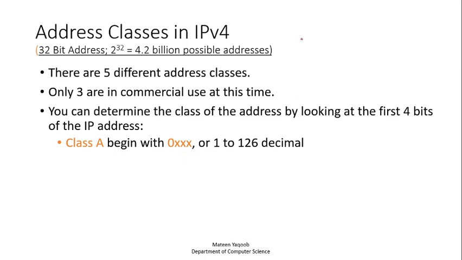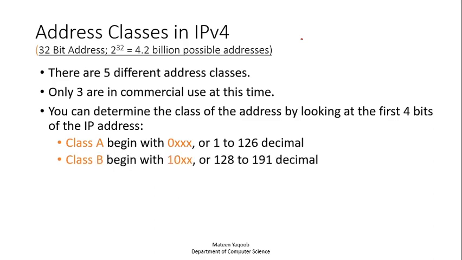0 IP एड्रेस जो होता है वो बताता है कि नेटवर्क पे डिवाइस अभी कनेक्टेड नहीं है. 127 जो होता है वो लूप बैकिंग के लिए यूज़ किया जाता है. तो ये 2 IP एड्रेस नहीं होते. अच्छा, क्लास बी जो होगी वो स्टार्ट होगी बाइनरी के अंदर 10 से, या अगर डेसिमल की बात करें तो 128 से लेके 191 तक. 127 यहाँ पे स्किप हुआ है वो इस वजह से क्योंकि 127 जो है वो आपके पास लूप बैकिंग के लिए यूज़ होता है.